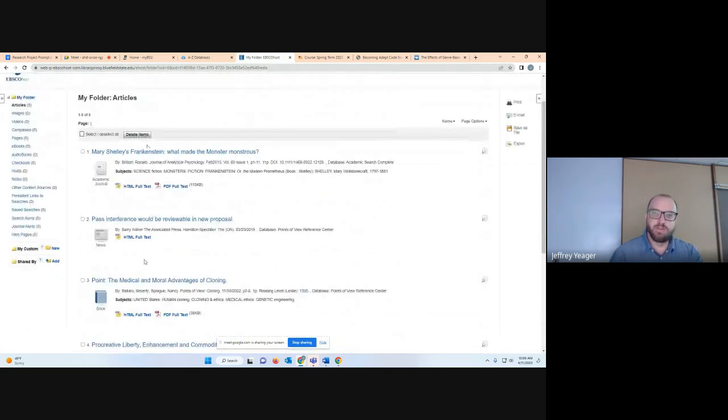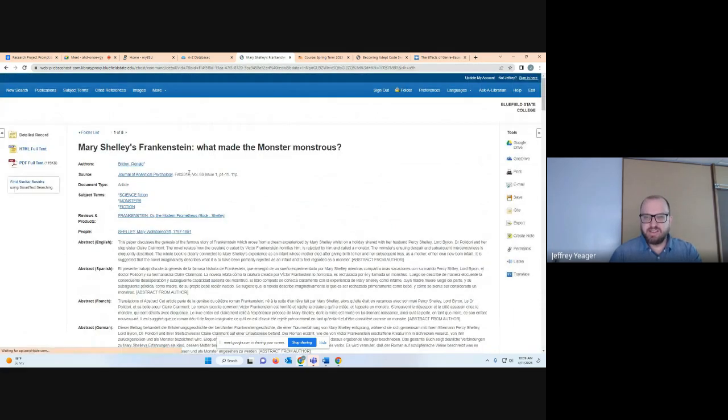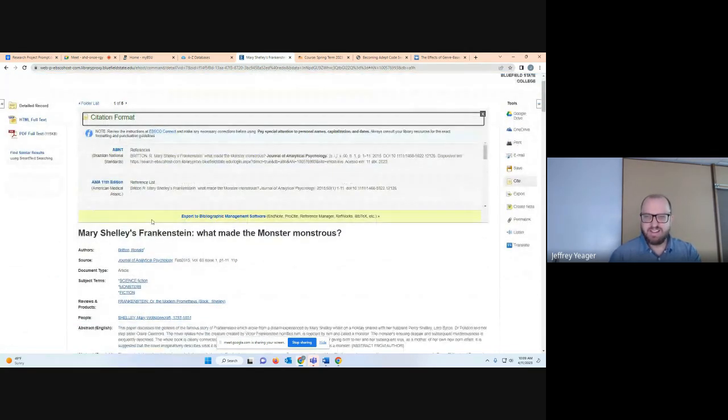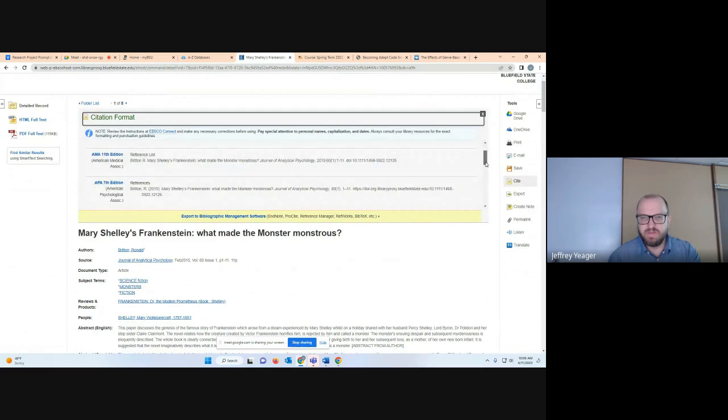It's not only helpful to bookmark them for that, but if you guys find the source, you can go back in and read it later, but you can also go back and click the cite button, figure out how this source is cited. If you're working with APA, you can go down to APA 7th edition.